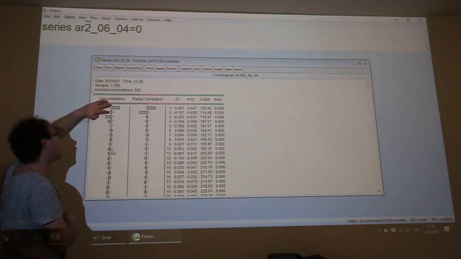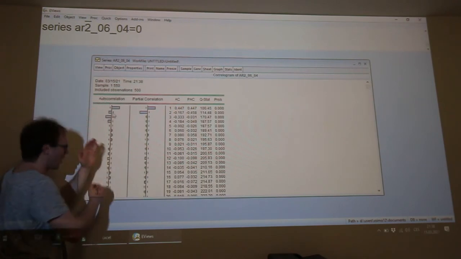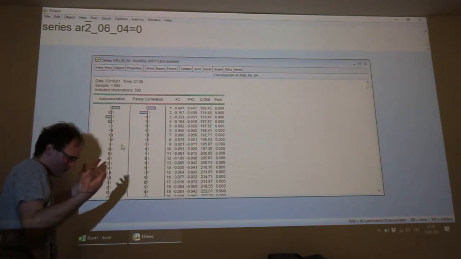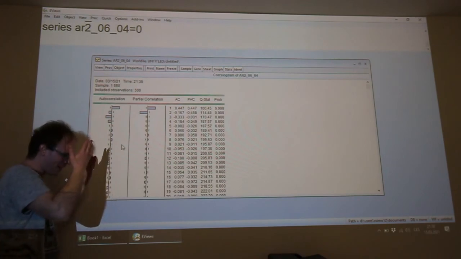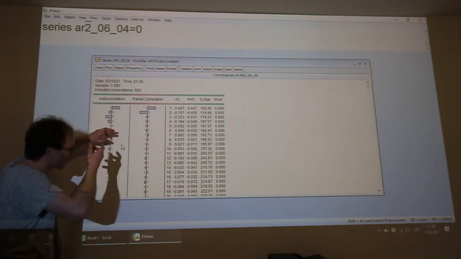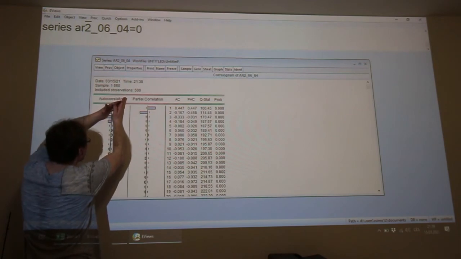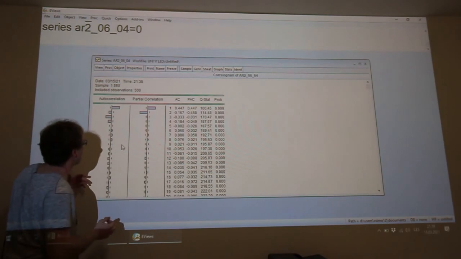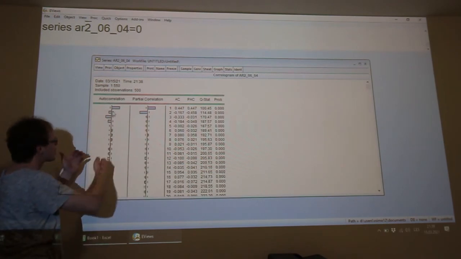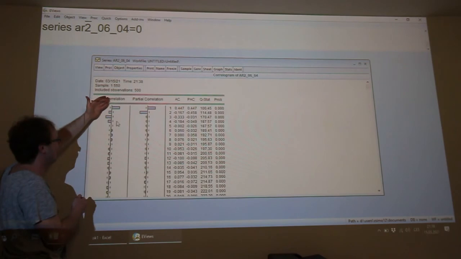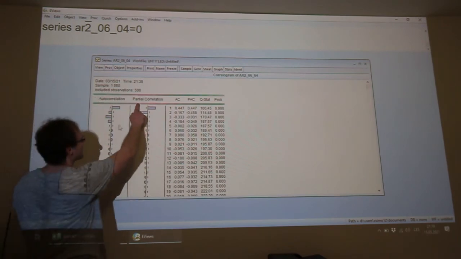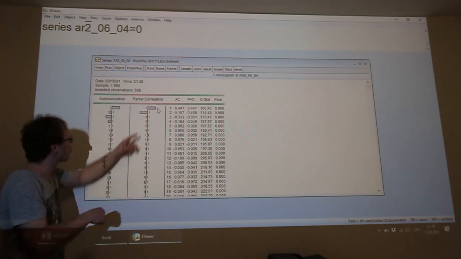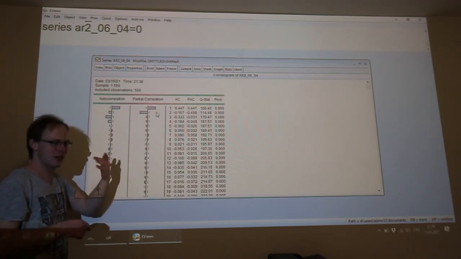This one is a little bit smaller than expected, but it's real life. So you need a little bit of imagination to see exponential decreasing of the values of the autocorrelation coefficients.